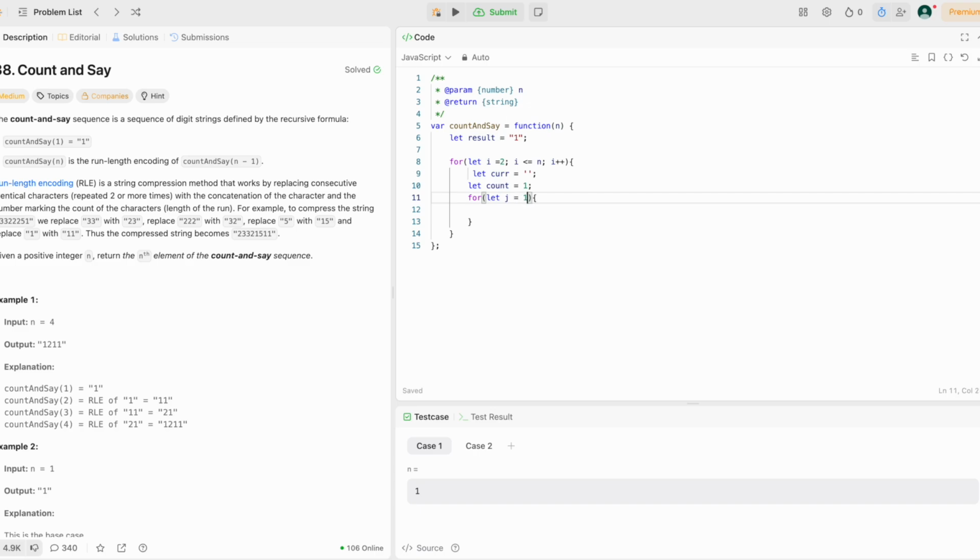Why will we take from 1? Because we have to check the previous one, previous means 0th index, so I'm taking from 1. Result dot length. In this loop we'll check each result. i plus plus means for 1 what is the result, for 2 what will be the result. Okay,